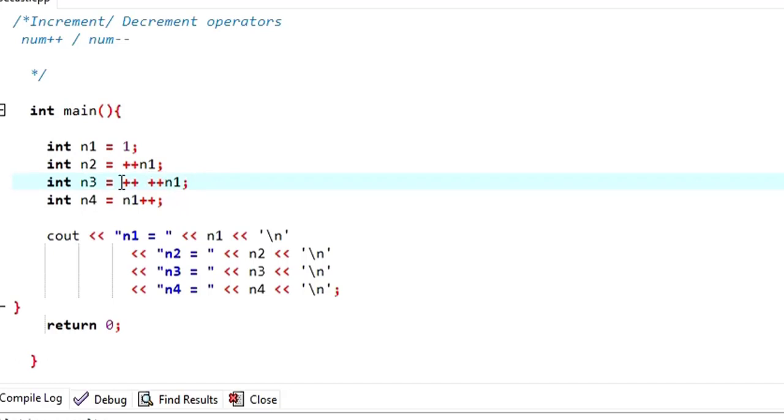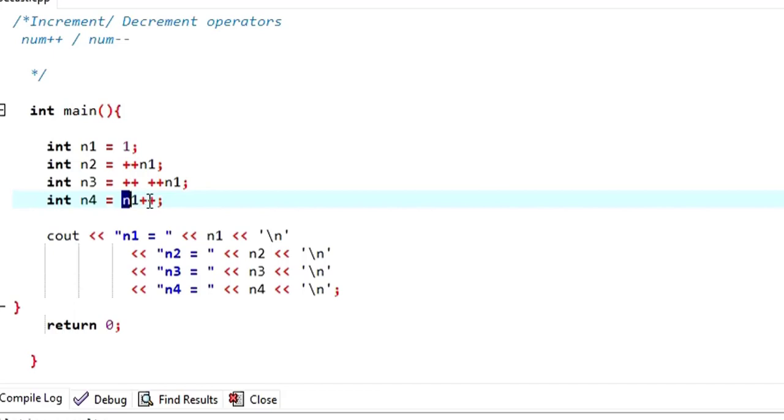Again there is another pre-increment. I am going to increment it again. So here it was 1, here it was 2, here it was 3, and now what is the value? 4. Now again there is an n1. So what is the n1 value now? 4, right? Because this is 1, it will increment here to 2, here to 3, here to 4. So what is the n1 value at the moment? It is 4. Now I am going to increment this.